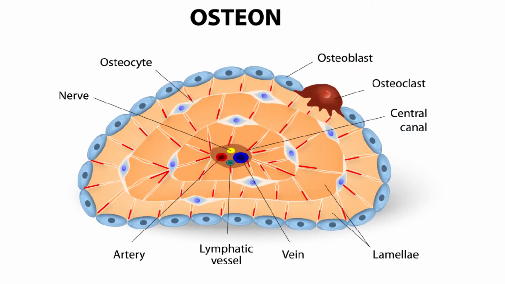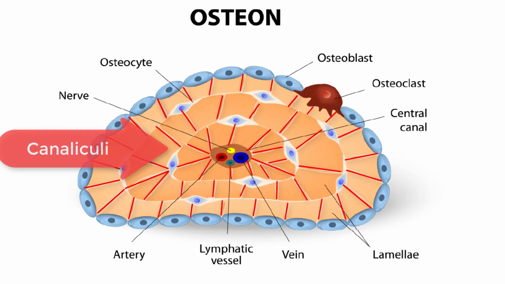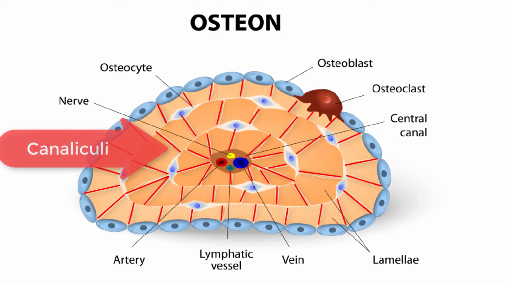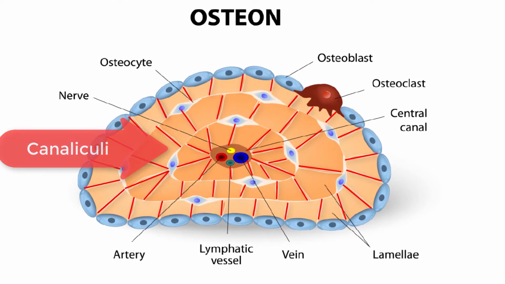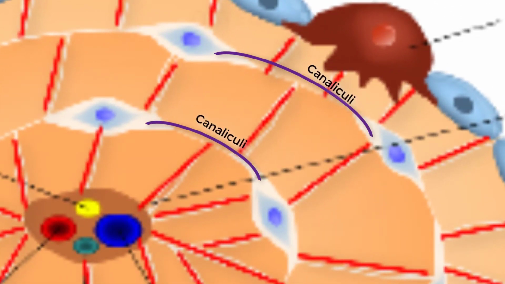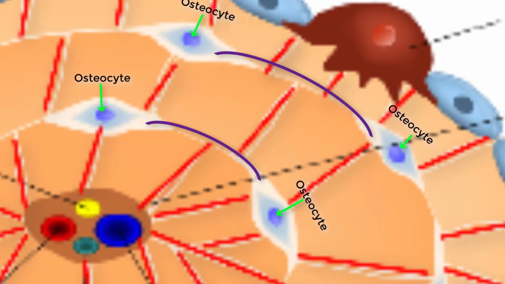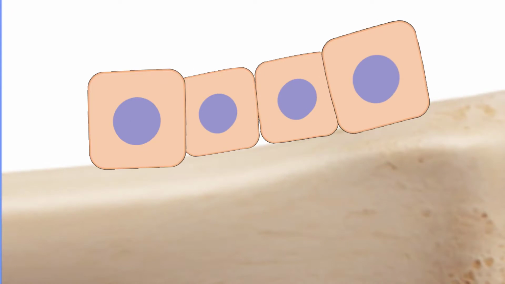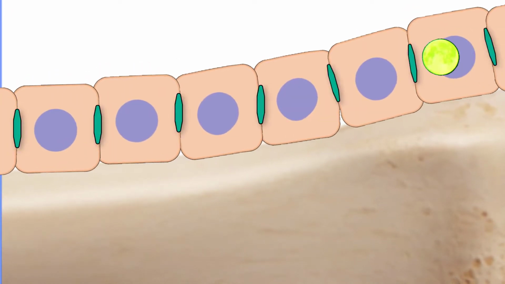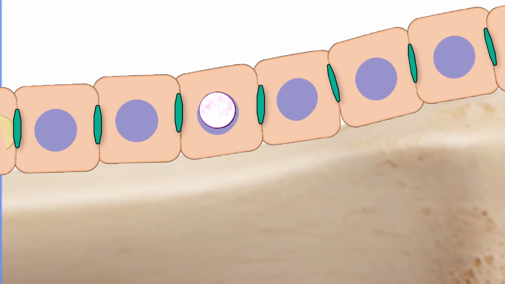Channels called canaliculi radiate through the matrix from one lacuna to another and toward free surfaces and adjacent blood vessels. The canaliculi connect adjacent lacunae and bring the processes of neighboring osteocytes into close contact. Tight junctions interconnect these processes and provide a route for the diffusion of nutrients and waste products from one osteocyte